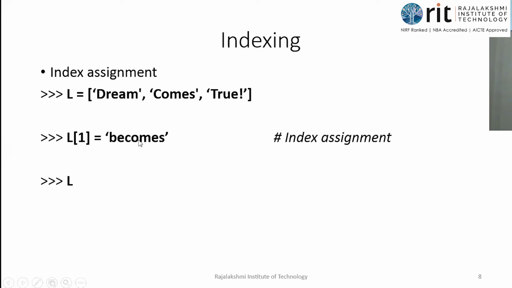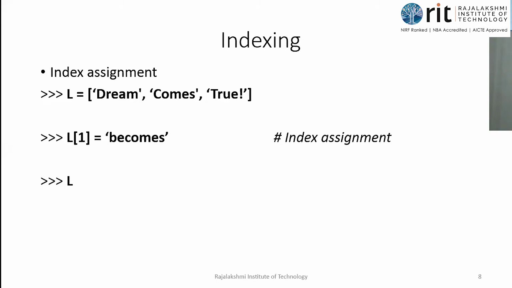So what am I doing? Where are we going to store that value? In the left hand side location, in a variable name, isn't it? Here they have given L. L cannot store it directly because L is a sequence type. So which location must be known? I have kept many values in L, so the particular location must be known. So I have used the index: L of 1 is equal to becomes. So becomes is stored at L of 1, which means at index 1 of the list L. Because I can have any number of lists, we are focusing on the list named L.